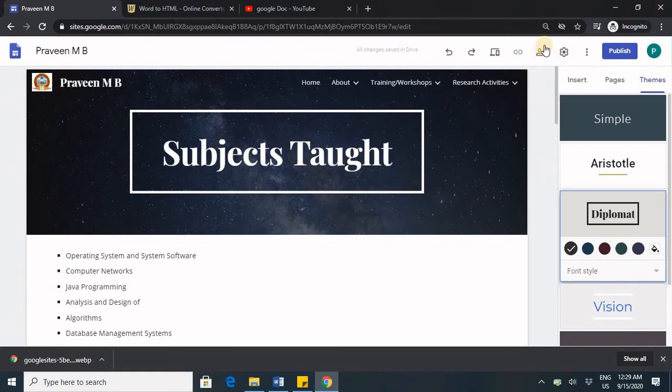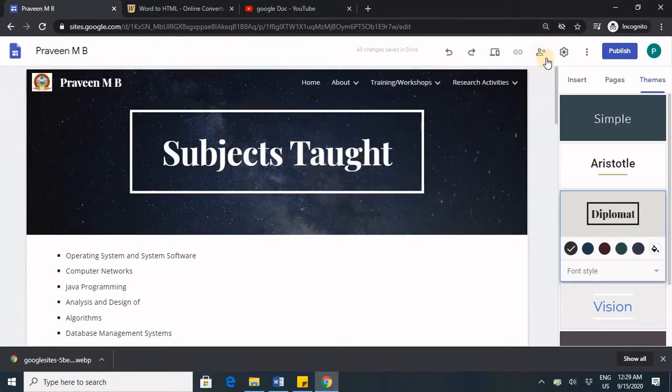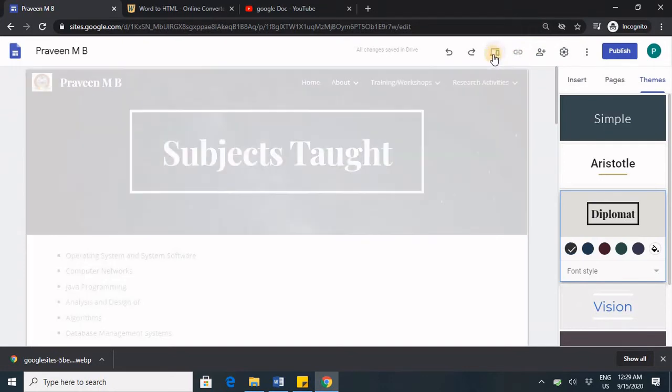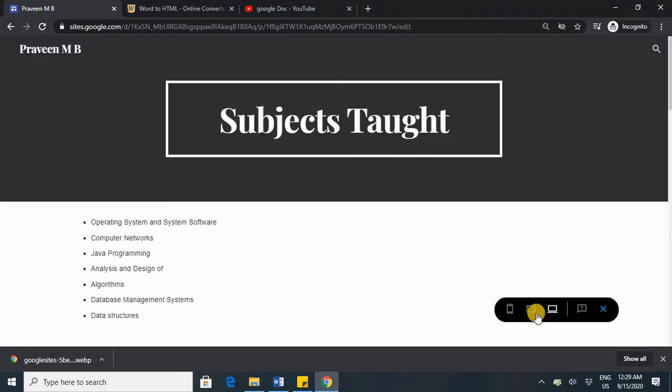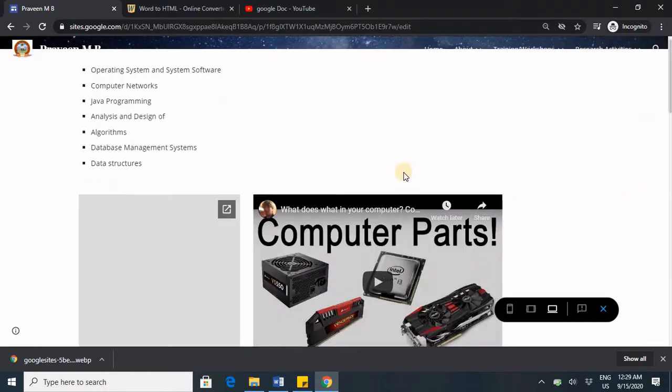After that, we see about share with others. This is to just share with the other person, so that he can also work on this website. So you can collaboratively work with them or work with a person to build your website. And this is for preview, as I said before. Like in our browser or in our computer, this will look like this.